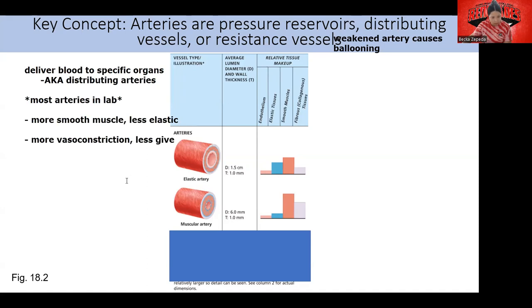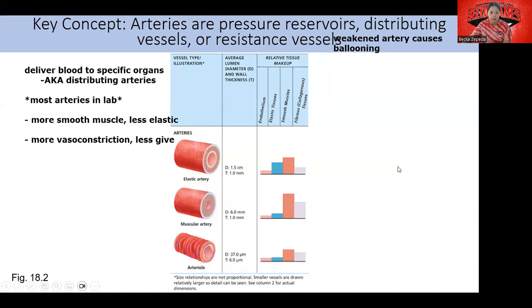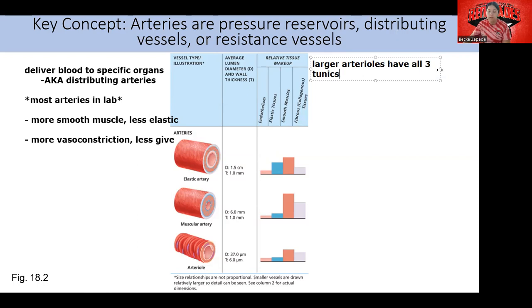Okay, and I think that's all I wanted to say about that vessel type. Next is the arterioles. These are our smallest of vessels, or not smallest of vessels, but smallest of arteries. And so our smallest artery, which is the arteriole, larger arterioles still have all three tunics, have all three of those layers, the tunica intima, the tunica media, and the tunica externa. Smaller arterioles, though,